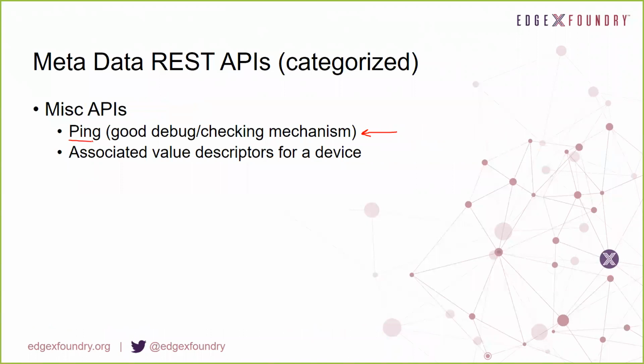And there's also an API out there to actually see what the value descriptors are that are associated to any one of our devices. As I mentioned, value descriptors help describe for us what type of data the device or device service is sending, as well as how to command a particular device through things like parameter sets. The association API provides a mechanism to know which profiles use which value descriptors, and which devices use which value descriptors. This association API will let you query that and determine, for example, whether the temperature value descriptor is being used by any one of the devices out there.